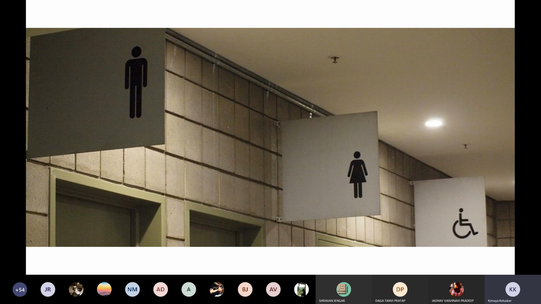There are no norms which talk about providing toilets dedicatedly for transgender people, but I feel because transgender people have the choice to choose, they can enter whichever one they want. Making a separate toilet for them is not giving any kind of inclusivity; it's going to be more exclusive.